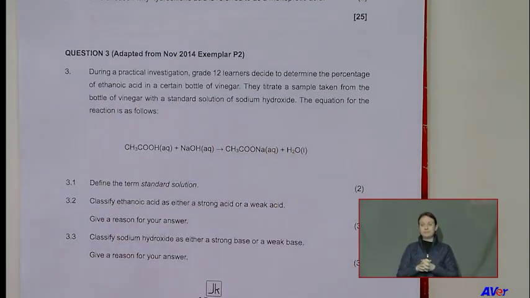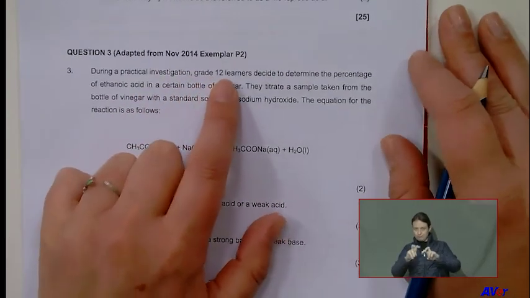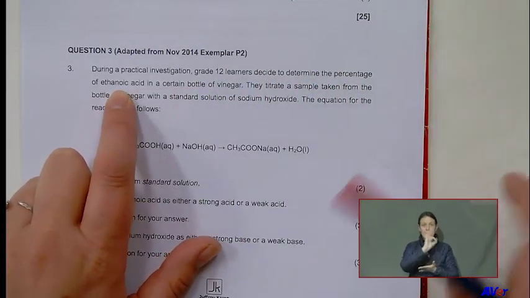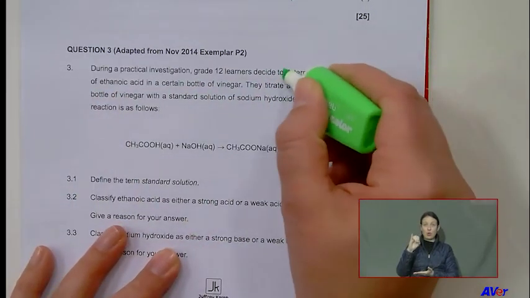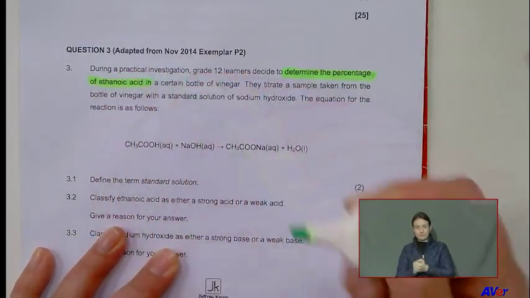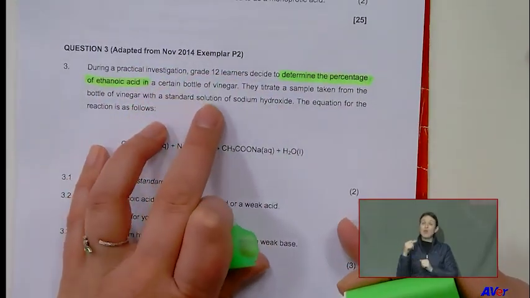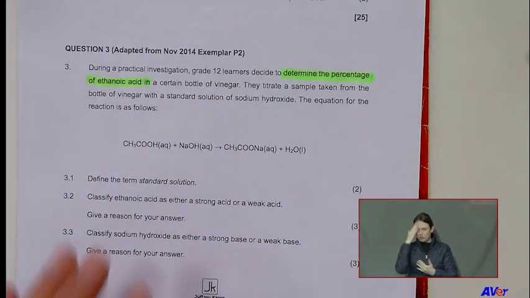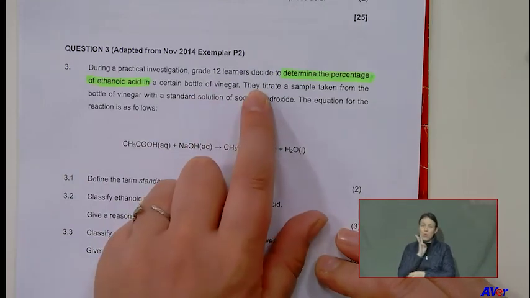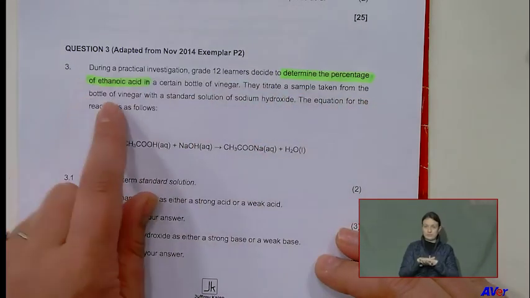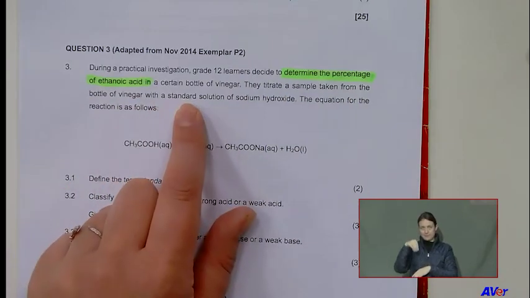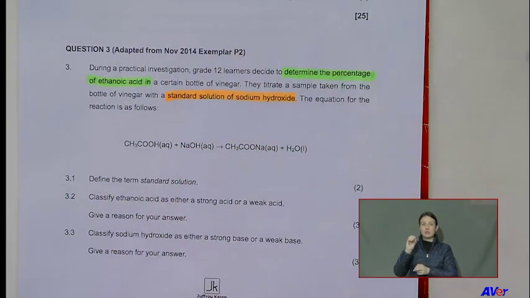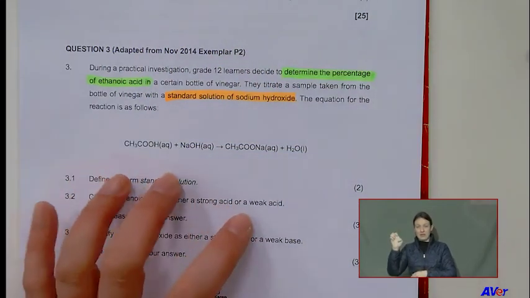During a practical investigation, grade 12 learners decide to determine the percentage of ethanoic acid. So they want to determine the percentage of ethanoic acid in a certain bottle of vinegar. Now you know vinegar is a mixture between water and ethanoic acid. So they titrate a sample taken from the bottle of vinegar with a standard solution of sodium hydroxide. The equation for the reaction is as follows. Okay,